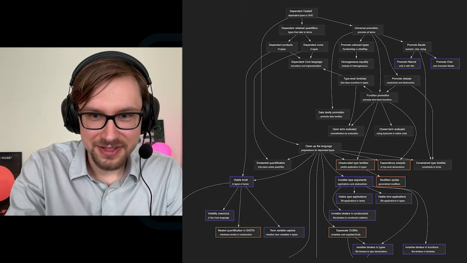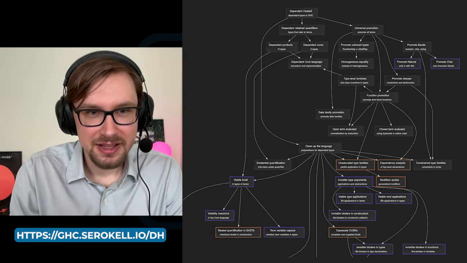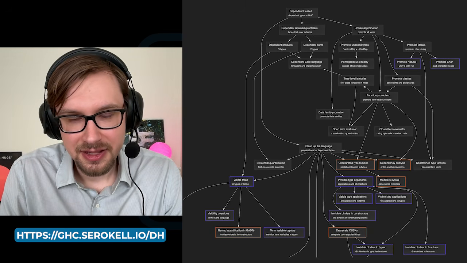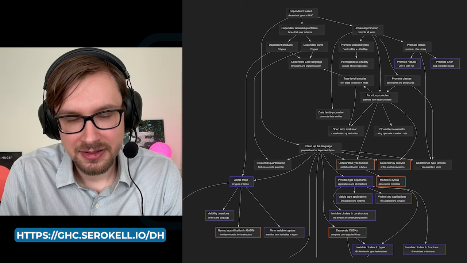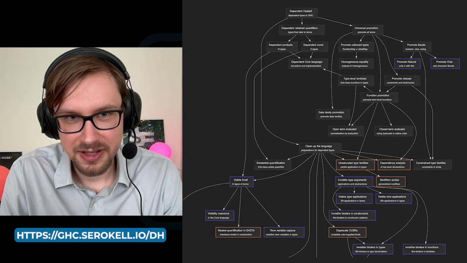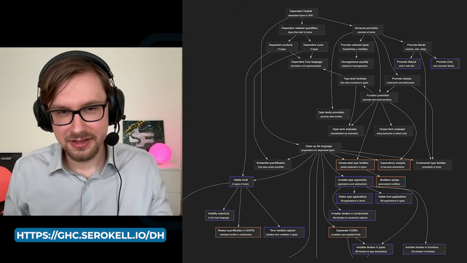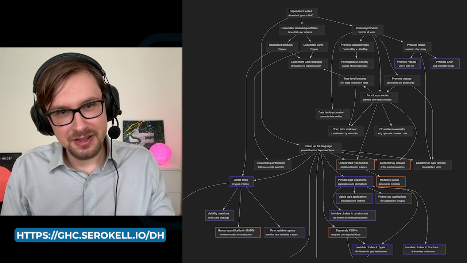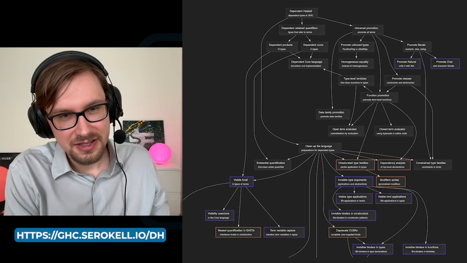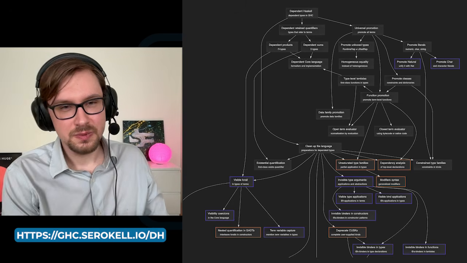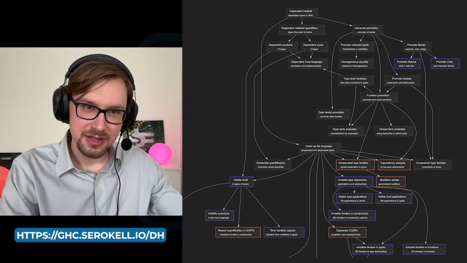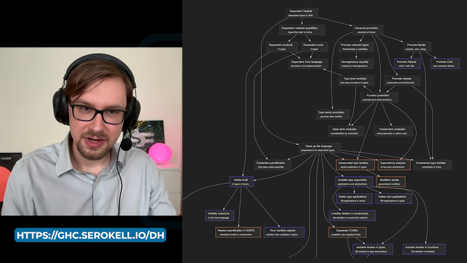Yeah, that's right. So I've got this graph that I've published to reduce the bus factor, because I've realized at some point that it was mostly Richard working on Dependent Haskell. Then I started to help, and it was Richard with a little bit of my help, and currently it's mostly me doing this work and holding everything in my head of what needs to be done. And it would be really nice if other people could join and do their small contribution, which is why I published this graph, and I tried to break it up into small tasks, which there are about 50.